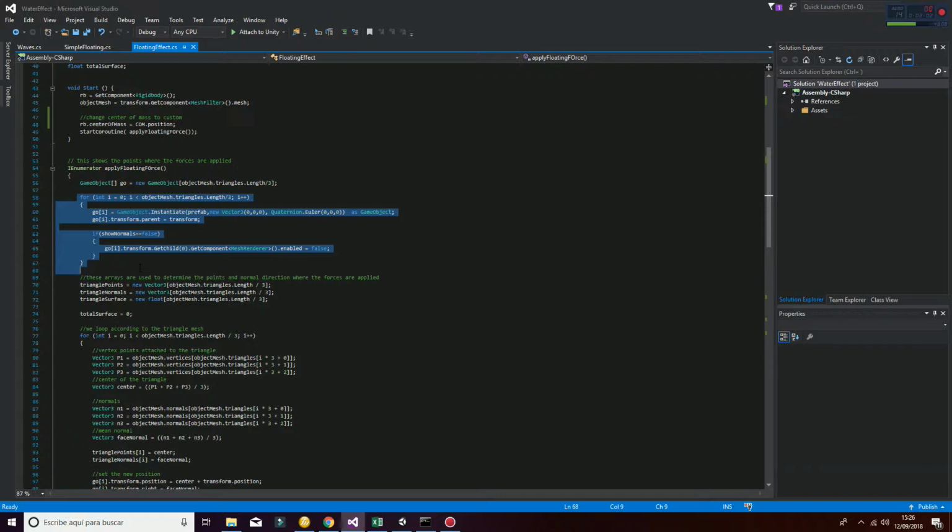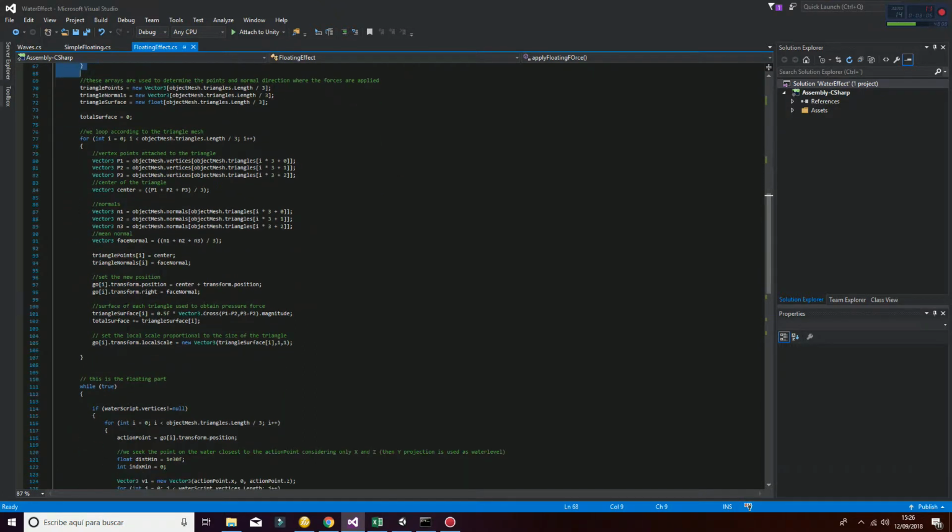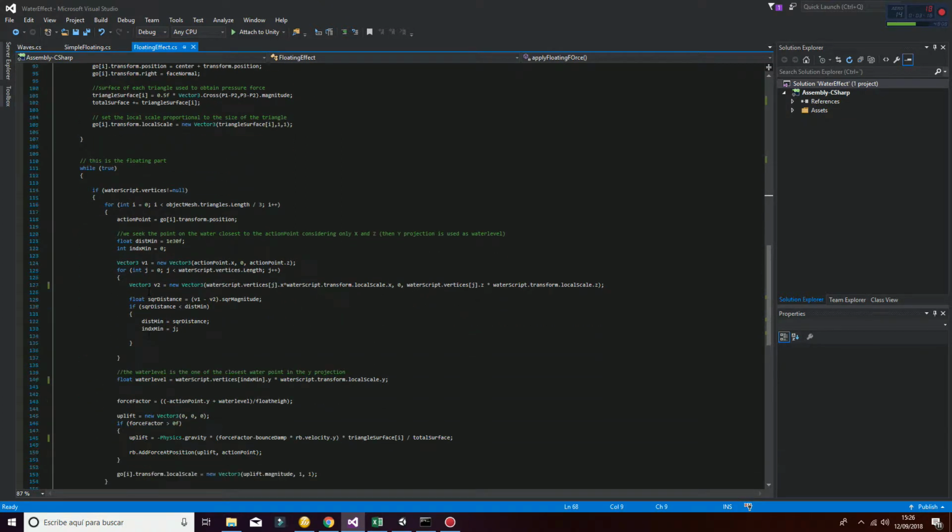Why? Because we need the information of the normal and the depth of each triangle regarding the water in order to apply a force. So that is done here,